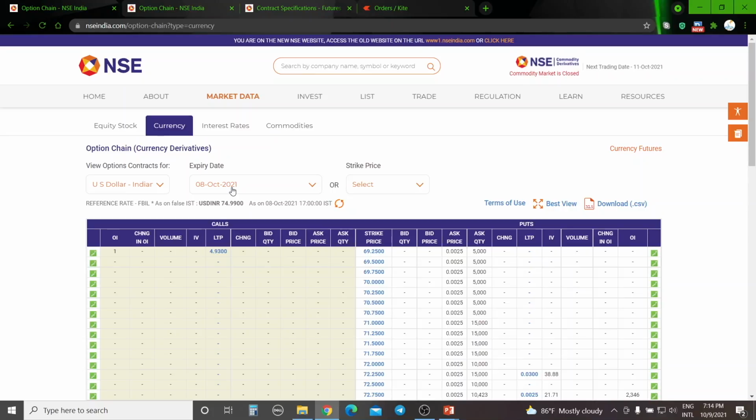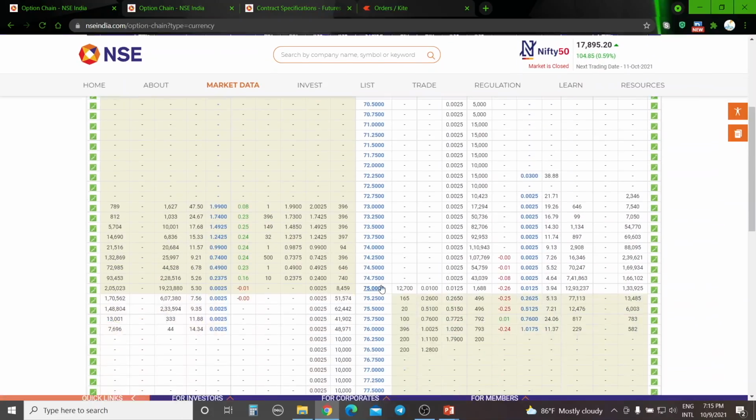The market trading time is entirely different for the currency segment. The trading time, I will come to it on the contract information, you will find all those. But right now you can take it that the expiry is on every Friday, and the expiry happens at 12 noon. Okay, and this is an expired option chain contract because today is 9th of October, so today is a Saturday. So what we are seeing is the expired option chain which is from Friday. I'll come to the reference rate next.